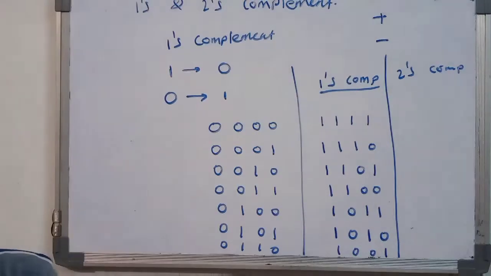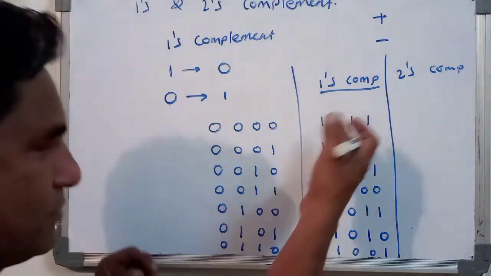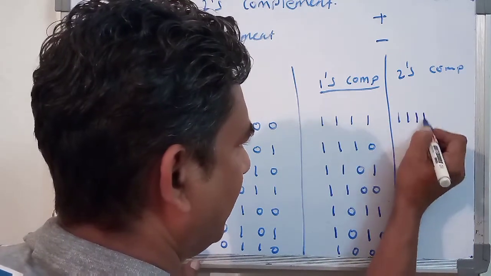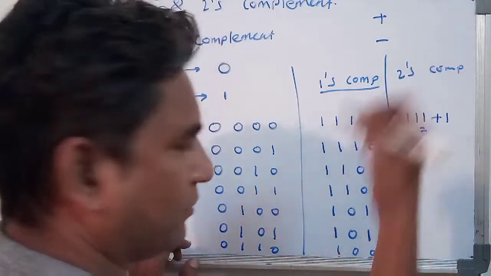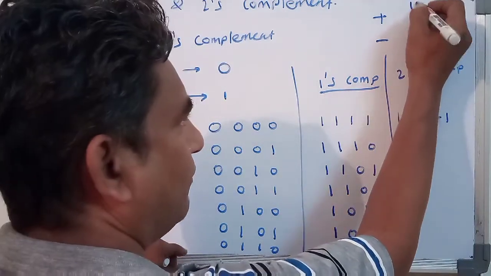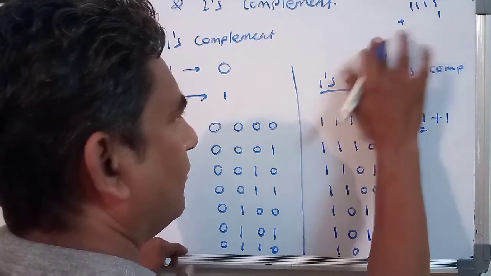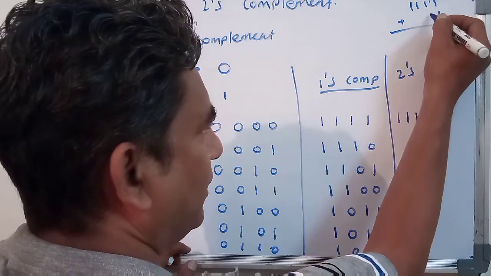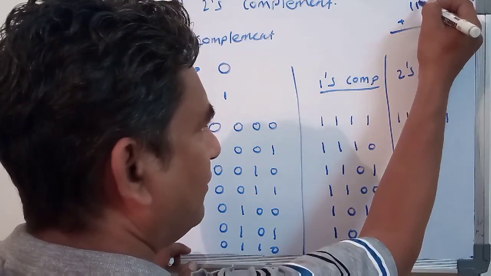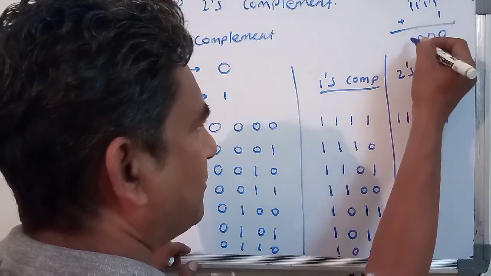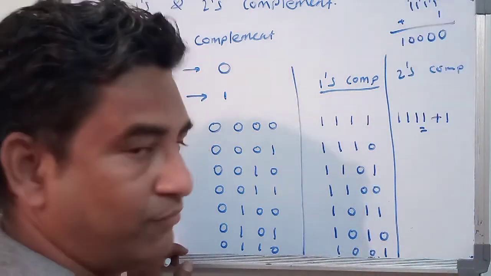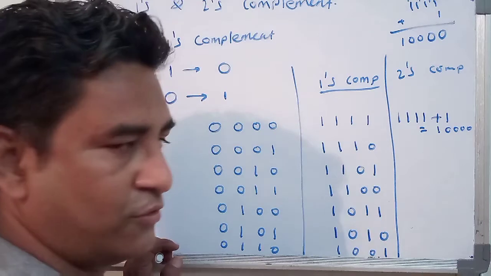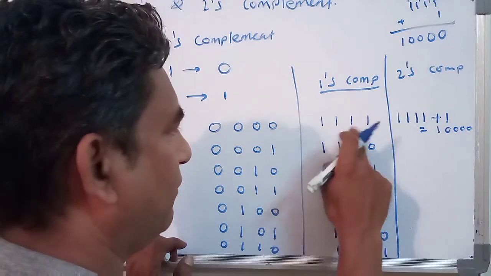Okay. Now suppose the same number is present here and you have to find the twos complement. Then what you have to do? 1, 1, 1, 1 plus 1, you may solve in rough. 1 plus 1 is 0, again the 1 is carried. Again 1 plus 1, 0. Here it is all 0. So 0, again 1 plus 1, 0. Here 1 plus 1, again 0. And the 1 that is left, you have to write down outside. So 1, 0, 0, 0, 0. So it is the twos complement of that 1, 1, 1, 1.